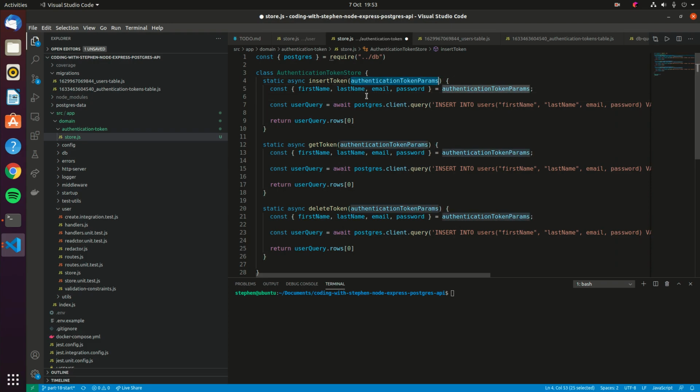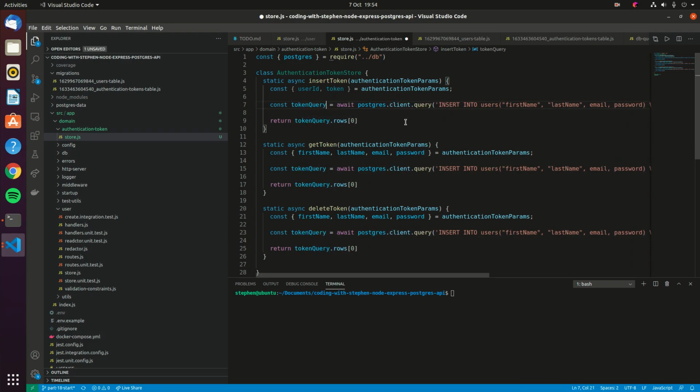And for inserting a token, we're going to have a couple of items that we're going to want to insert into our tokens table. One's going to be a user ID, which is the user that we're creating the authentication token for, and the other one is going to be the actual token as well. So we'll just do user ID and token, and those are going to be what this authentication tokens params has in it. And then we'll just call these token query,